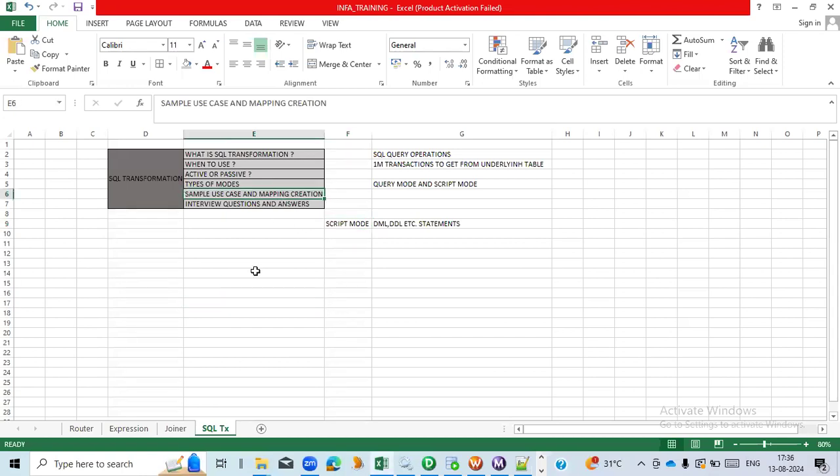Okay, so till here we're good. We have loaded data using the SQL transformation. We have covered the types of modes, query mode and script mode, how it works. For script mode, we'll have a separate video as well. So what are the questions being asked? Basically, once you have completed